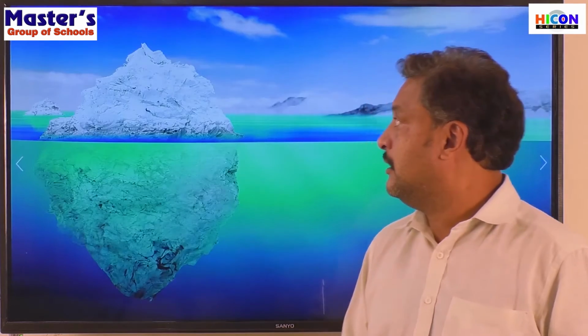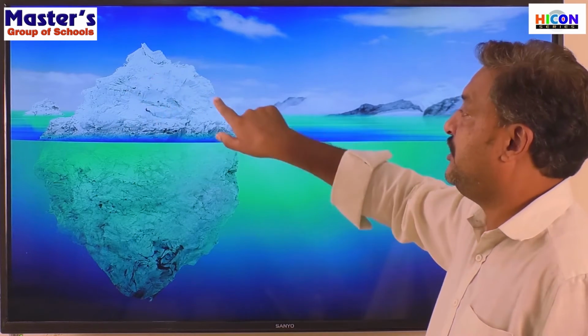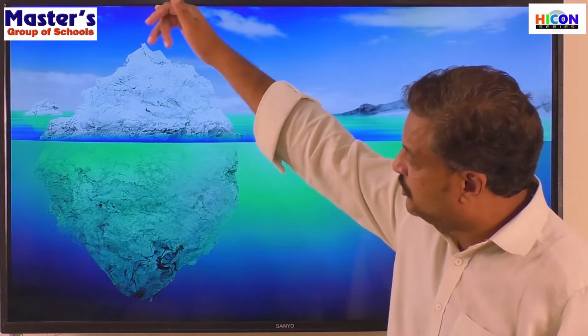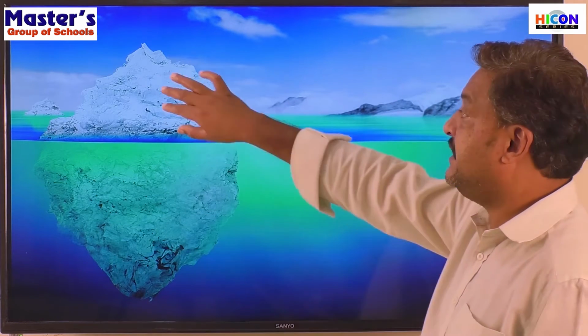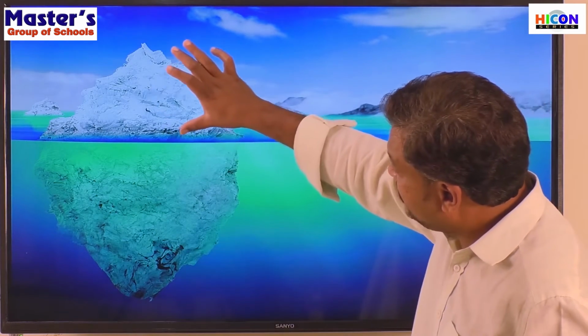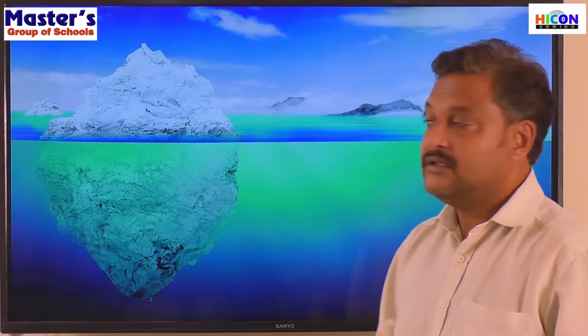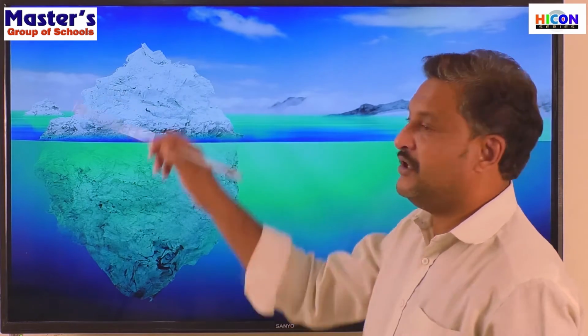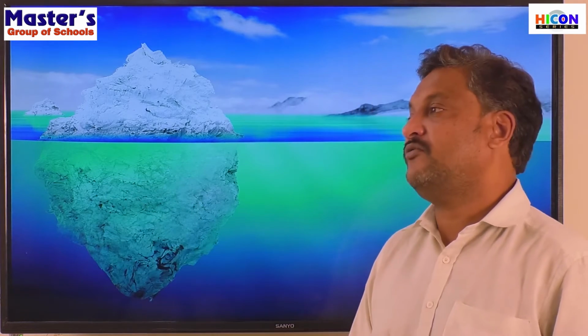Icebergs are very dangerous. Okay, so this is a floating mass of ice which got broken away from the huge ice caps. And this is dangerous because, see, only this much is what we can see above the water, and this much is there below the water. Okay? What we can see on top of the water is comparatively very less, whereas the huge chunk of that will be below the water. So most often what happens is,